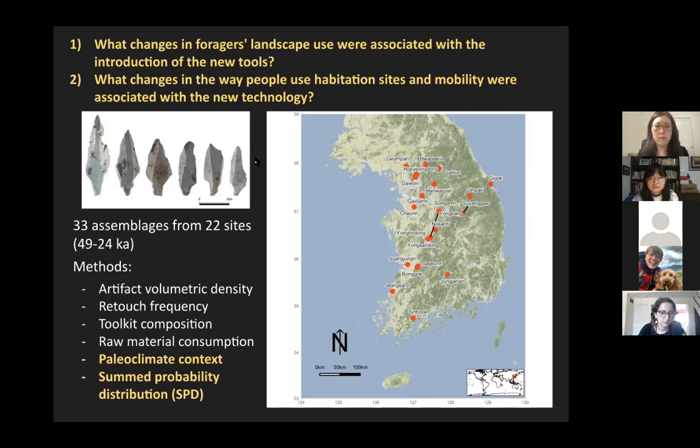And to understand the related social or ecological contexts, I use open data for the paleoclimate simulation data, and also SPD, the summed probability distribution, for possibly understanding population patterns.